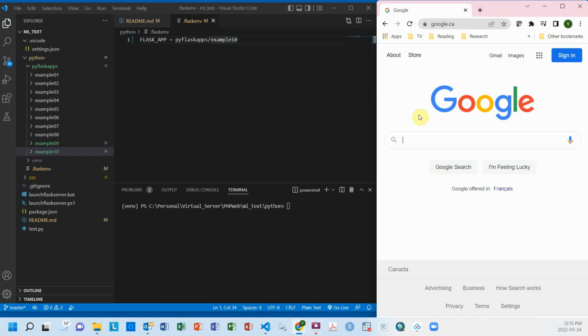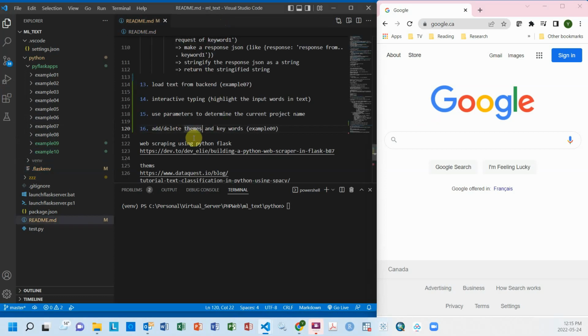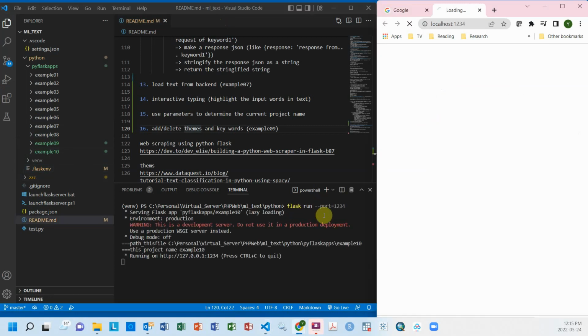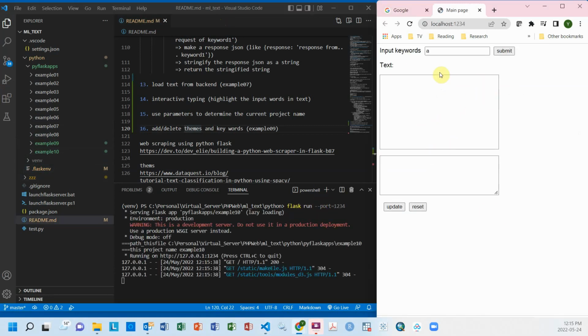Alright, so in this video we're gonna add the tagging part as I mentioned in the last video. So I copied this example 9 as example 10, and also in this Flask environment I've changed that to point to example 10. Right, so I'm gonna launch this, and you will see that it's exactly the same as we see for example 9. And for this one I'm gonna only work on the JavaScript part